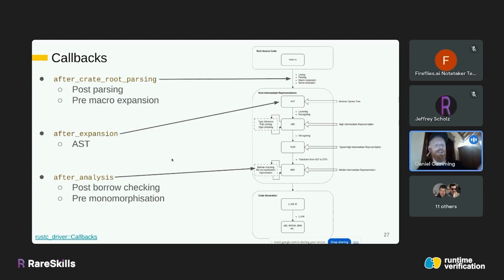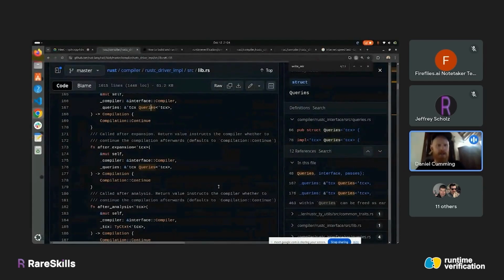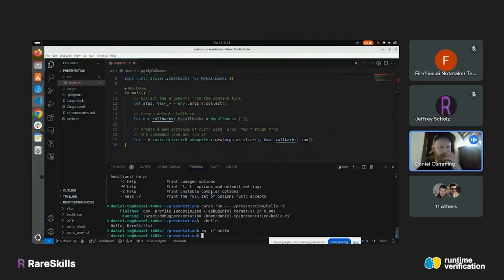But if we had let it go to the point where it would go to after analysis, we would expect that the borrow checker would throw an error. And that's actually what I'll do for the example, we'll have a look at that. So